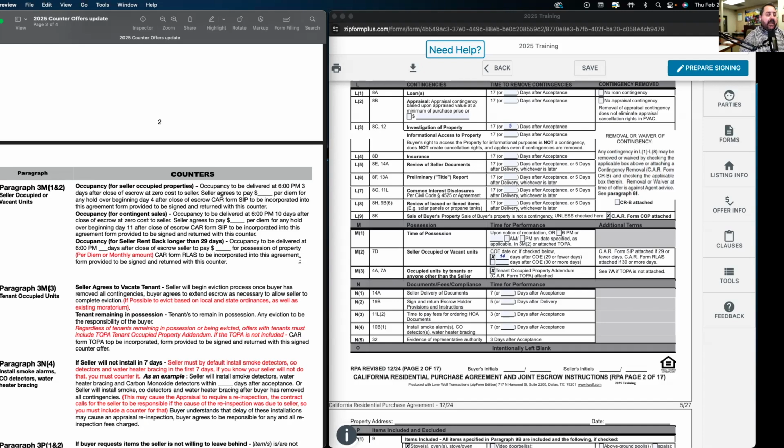Seller to pay blank money for possession of property, per diem or monthly amount. C.A.R. form RLAS to be incorporated in this agreement. Form provided to be signed and returned with this counter. What we're doing is we're doing all that negotiating at the beginning, because I see so many times where the